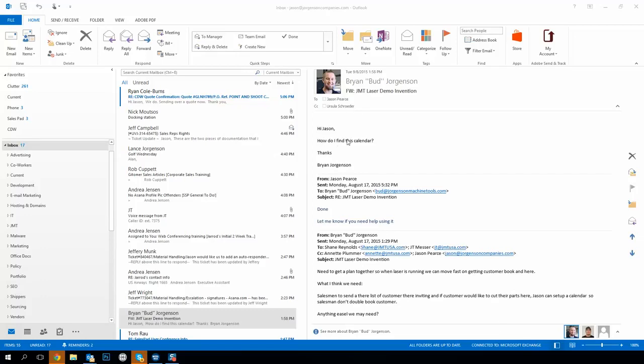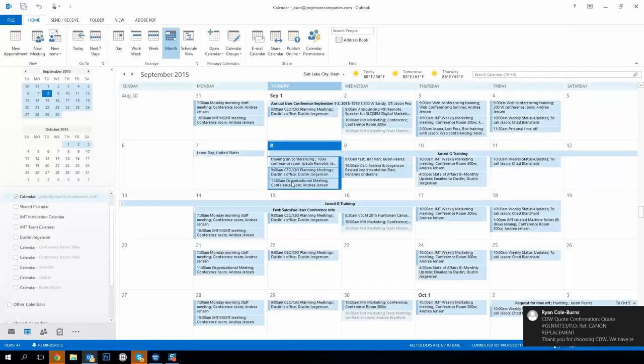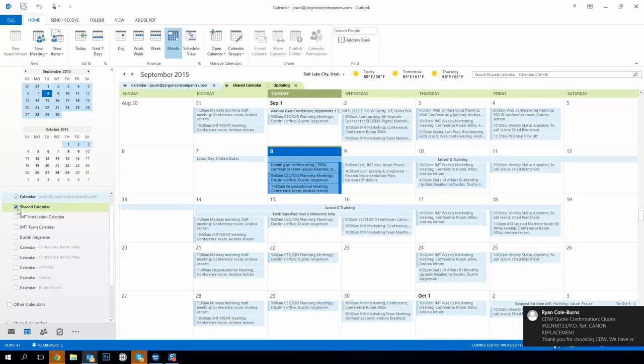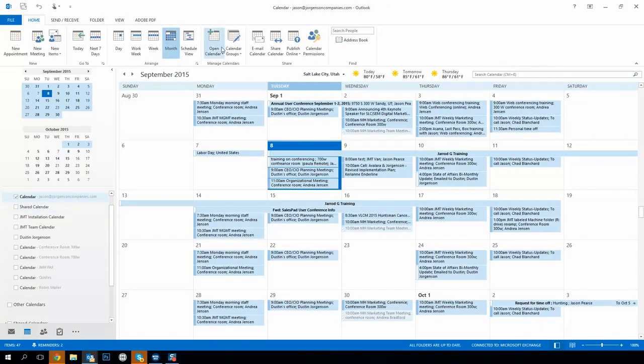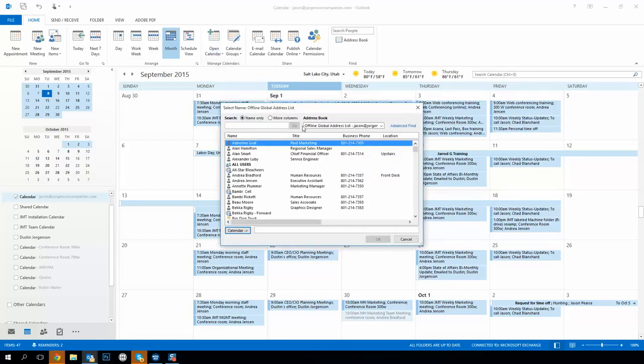Your question is, how do I find this calendar? Well, the way you find it is you click your calendar in Outlook. So you go to it, and your calendar will open up. Sometimes there's more than one selected. What you'll want to do is go up to Open Calendar from Address Book, and then change this to Rooms,